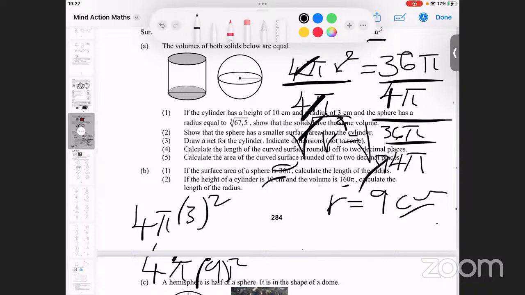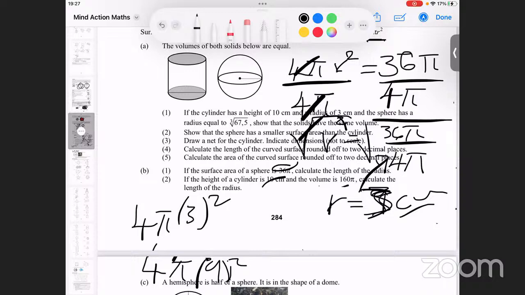Okay, let's see, 36 divided by 4 pi. Yeah, ma'am, 3 is right. Oh, you didn't put the square root, I see. Yes, ma'am, perfect, that's my mistake. Okay, cool. Then it's going to be 3. Our answer is 3. For the surface area of a sphere, if it's 36 pi, then the length of the radius is 3